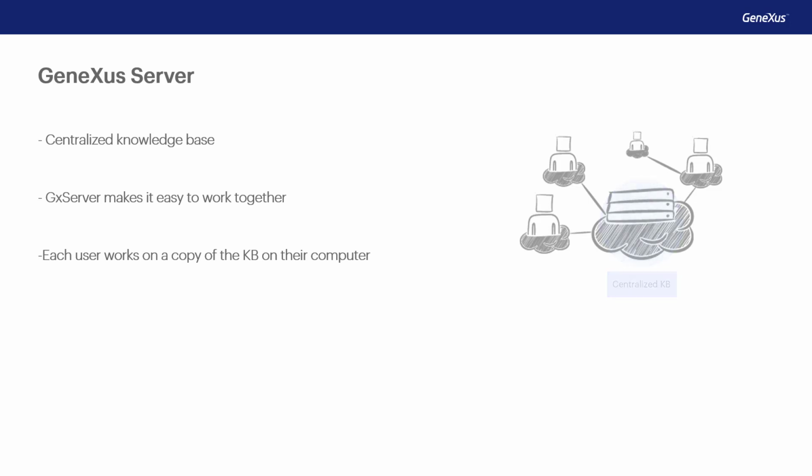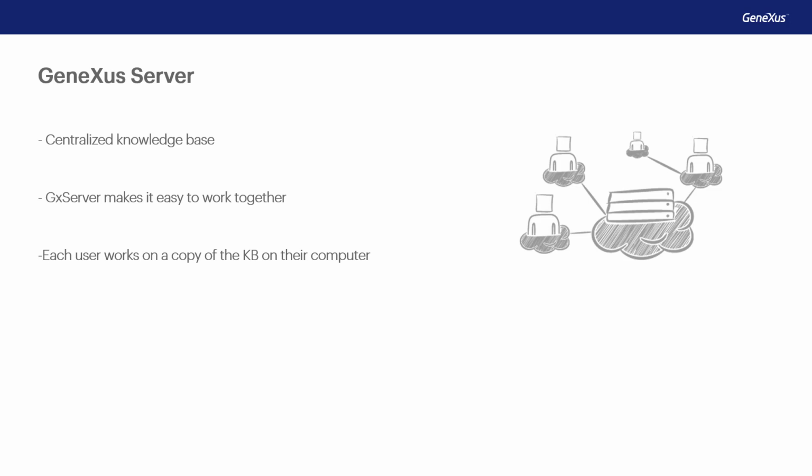Having a central KB managed by Genexus Server allows any authorized developer to send and receive modifications from their own workplace. This allows us to share development tasks between several users, with each developer working independently, but as if they were working in a centralized way, while Genexus Server consolidates the changes made to the project by each developer.